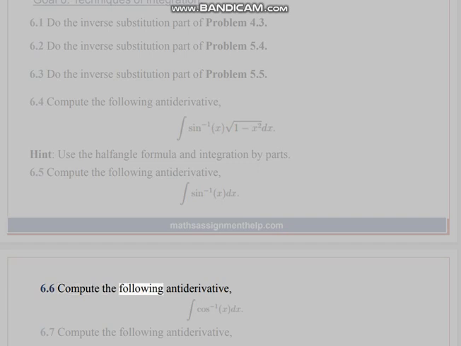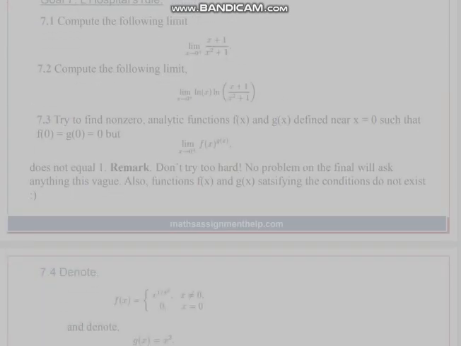6.6 Compute the following antiderivative. 6.7 Compute the following antiderivative. Goal 7. L'Hospital's rule. 7.1 Compute the following limit. 7.2 Compute the following limit. 7.3